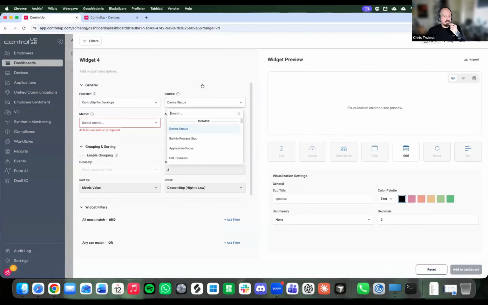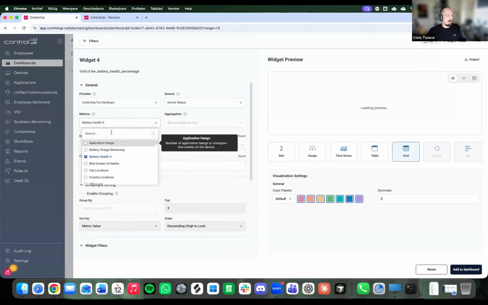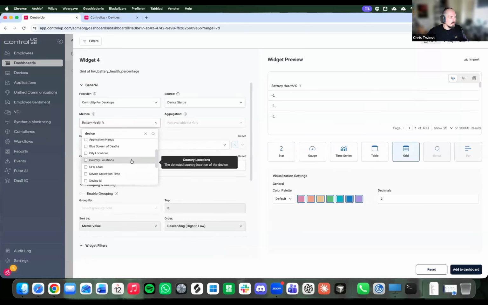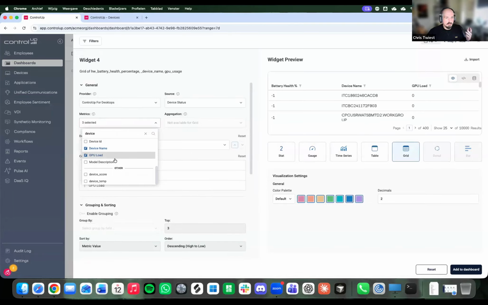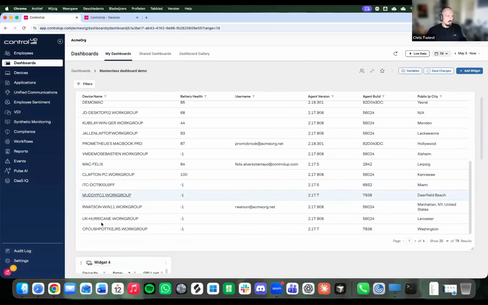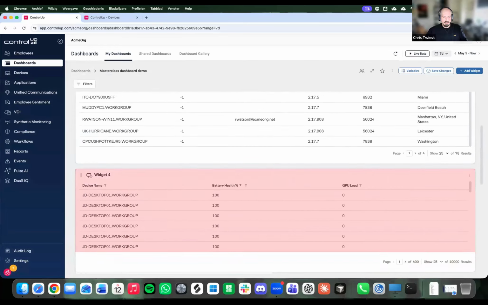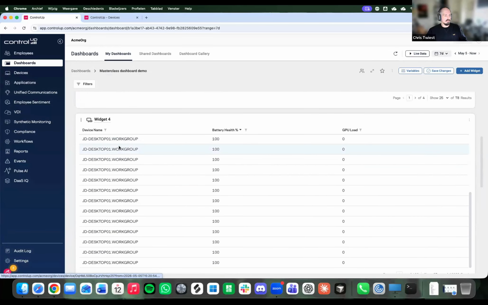So if I make a grid with that index, if I do device status and we make a grid and we'll do the same, we'll say, okay, give me battery health and give me device name, and I don't know, give me GPU load. It's all good. And let's also sort this on battery health. You will see this index isn't that good to make a grid out of, because you can see it didn't aggregate the data. So these are the raw rows I'm looking at, which is a raw row per minute per device.